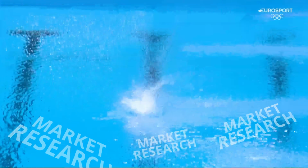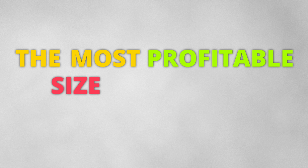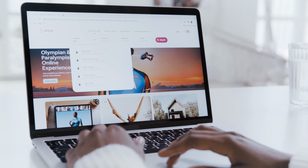bit of market research. Now this step is particularly useful if you're just getting started and haven't actually got a property yet, because you can literally just find the most profitable places and go get a property there. And you'll also be able to work out what's the most profitable size or type of property and just get one of them. But if you already have a property, then this is still a really important step that you need to take. So for this, you can dive on into the Airbnb platform and really hunt around and look for comparables in